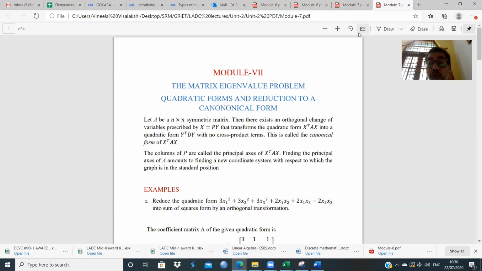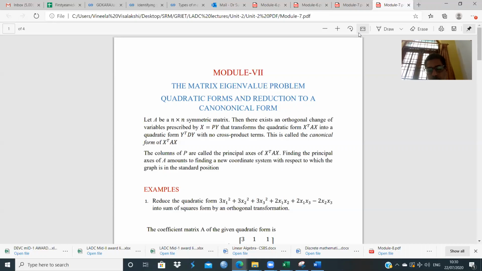In other words, x transpose Ax may have cross product terms, but the goal is to convert it into another quadratic form y transpose Dy which has no cross product terms. So recognition becomes possible in the y transpose Dy form. This is called the canonical form of x transpose Ax. The columns of P are called the principal axes of x transpose Ax, and finding the principal axes of A amounts to finding a new coordinate system with respect to which the graph or the object is in the standard